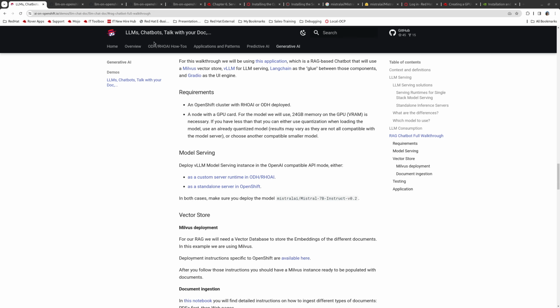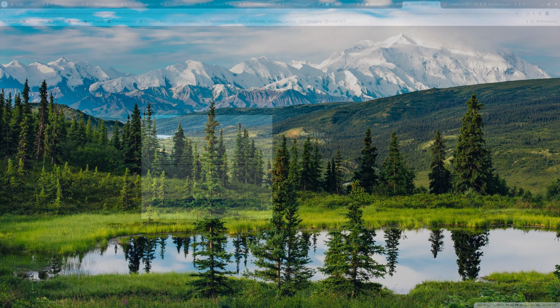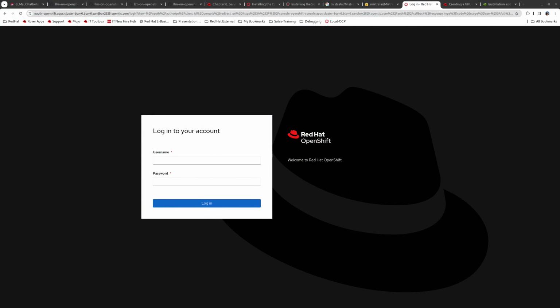First thing that we need is an OpenShift cluster. Now you can have a cluster deployed anywhere, like on-prem or in the cloud. I have one created here on AWS. It is a vanilla cluster, and I will first log in now with the credentials I have to start the